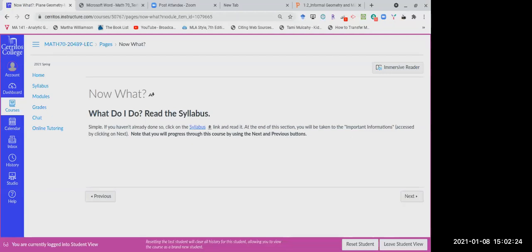Well, you read the syllabus. This link here that I'm not going to click on will download a PDF copy of the syllabus. This is the same syllabus that you can find on the sidebar under syllabus, but this is a PDF version inside the page, whereas the syllabus link on the sidebar takes you to that. So I'm going to go to the syllabus page right now and show you that.